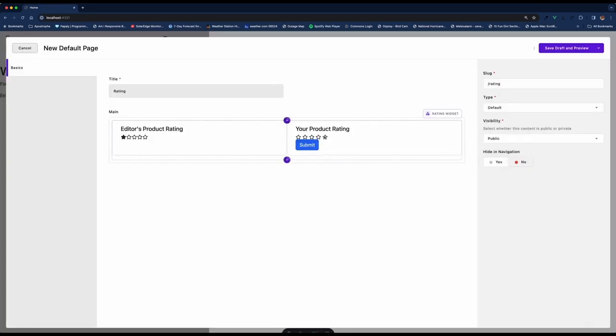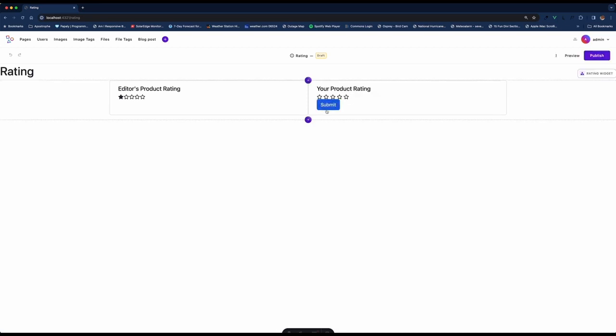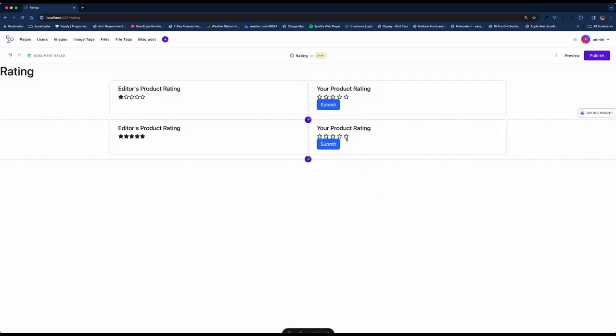So now we have our rating widget on the page, but it isn't interactive. We have to save and view the page to get that refresh and make it interactive. We can use in-context editing to add a second widget, but again, it won't be interactive until we refresh the page.